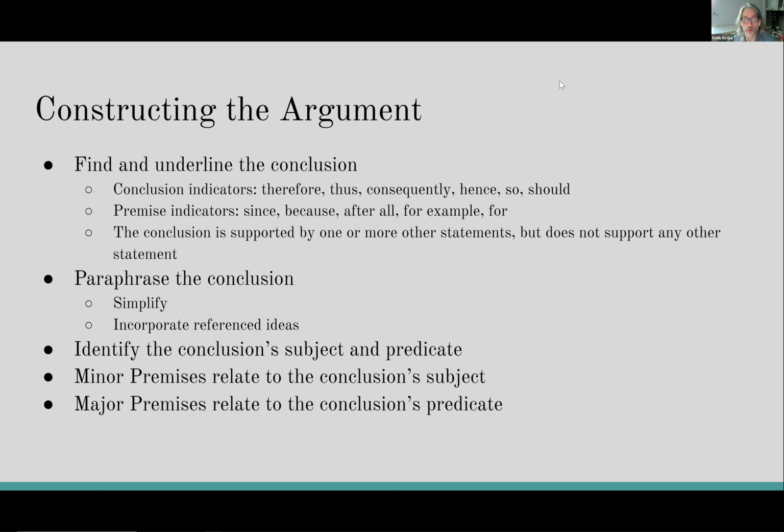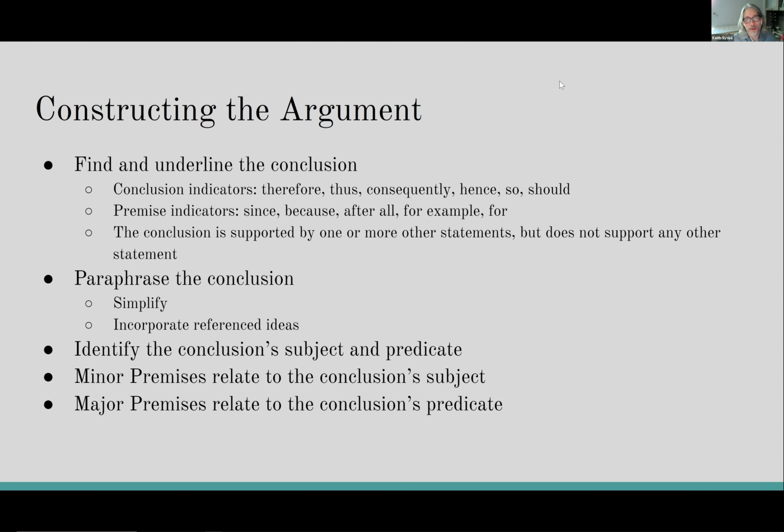My answer is usually no. You should look these words up in the dictionary and know precisely what they mean. And then you can understand which ones are synonyms for another without memorizing the list itself. But at any rate, I find the premise indicators to actually be more reliable than the conclusion indicators for two reasons. Number one, because there isn't always a conclusion indicator, whereas it's hard to construct an argument without premise indicators. And number two, sometimes there are subsidiary conclusions, and so the conclusion indicators are misleading, and the premise indicators can help me reverse out of that trap.